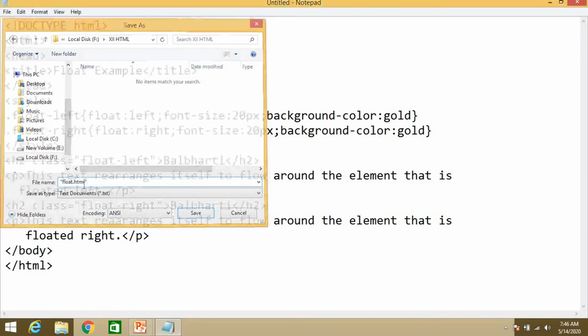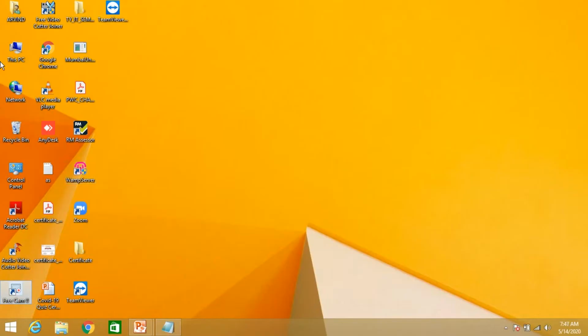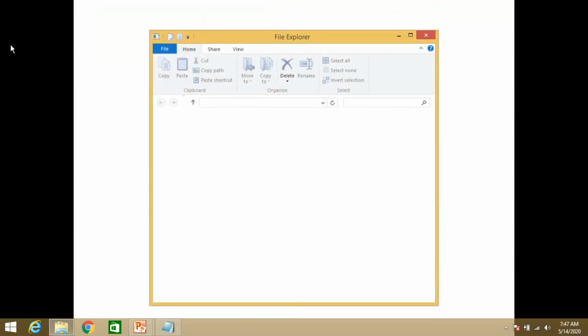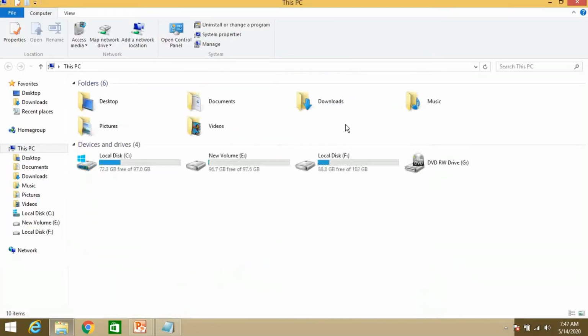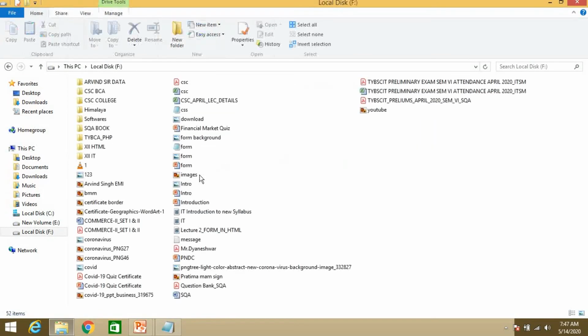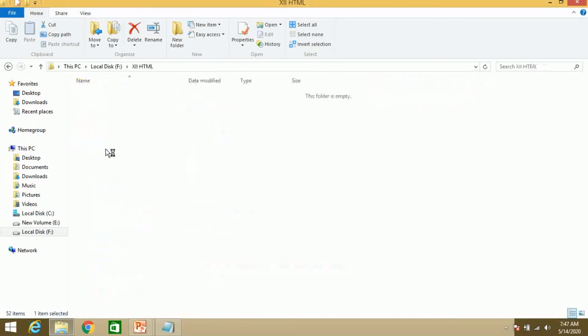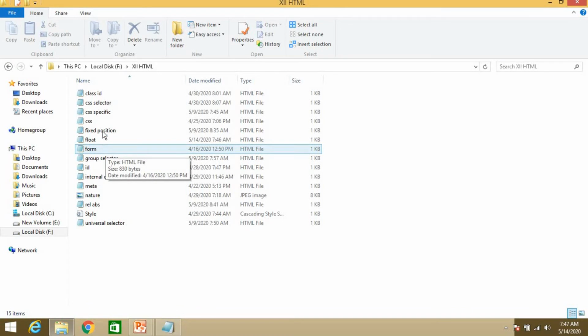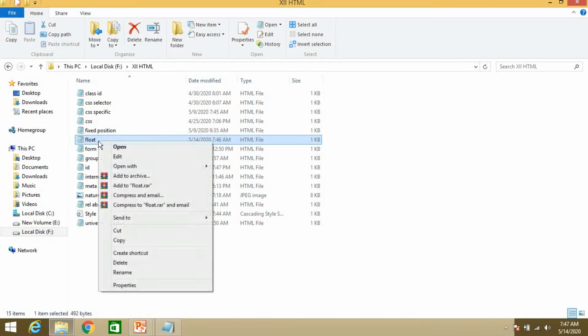float.html. Now just execute this program. So F drive, in that 12th HTML, we have float. Right click, open with Google Chrome.